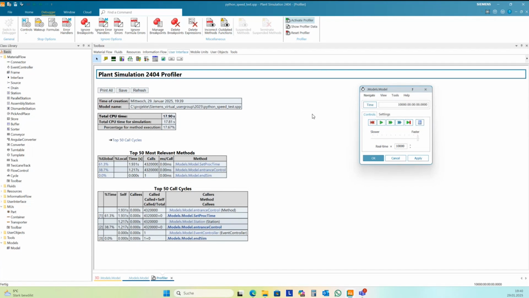I prepared two more. One is how to connect Python with a database, so you don't need the interface package. And a second one is how to integrate Python and Plant Simulation in a web service, in a web application.